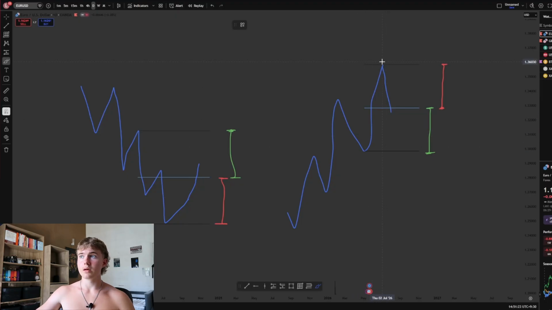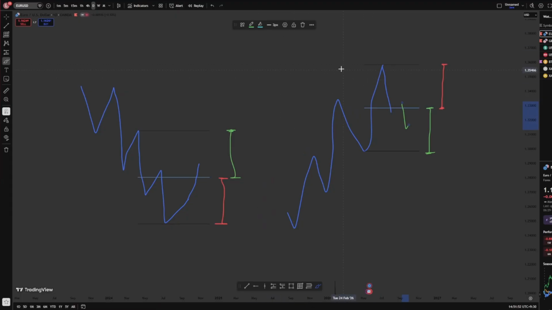So if price is in this range, you don't want to buy a coffee when the price could go down a bit more, right? And you don't want to just buy at the highest high. But when the price of coffee, which is the trading, comes down into this green area,